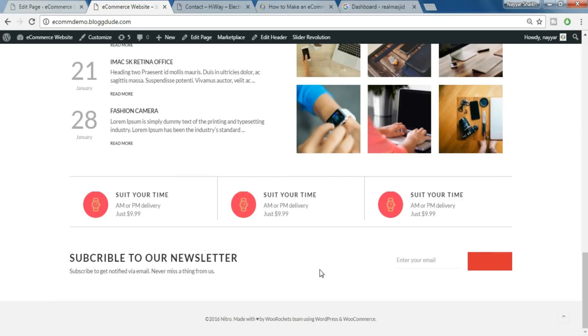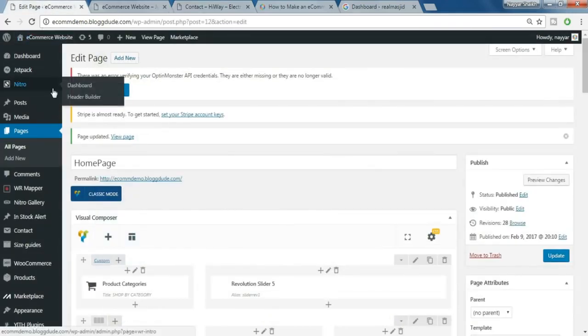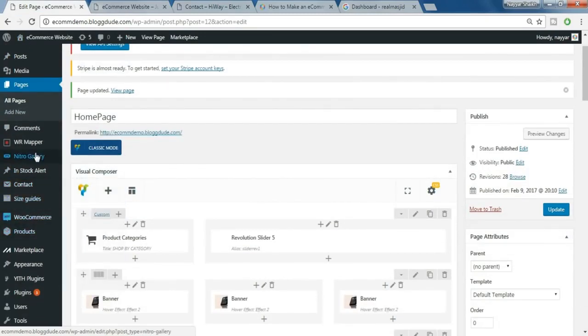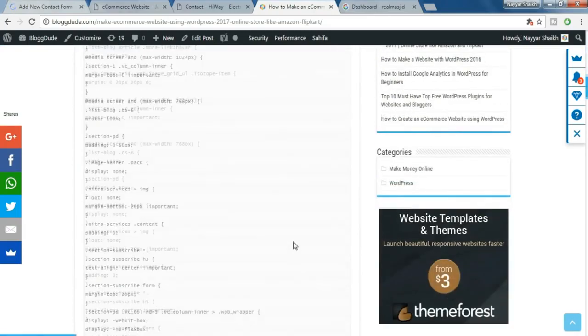Okay guys, with this we have created the home page. Now let's create the contact us page. To create the contact us page, first we will have to create a contact form like this. So again come back to your dashboard. At the left side you'll see something called contact. So hover that and select add new, and again go back to that link and scroll down,